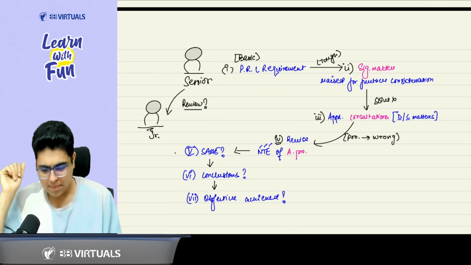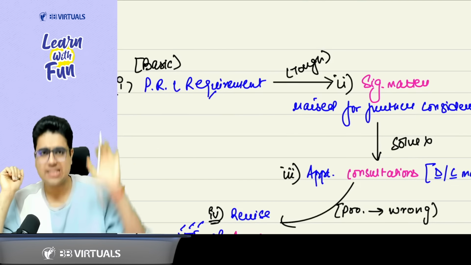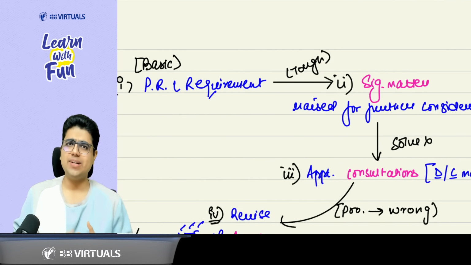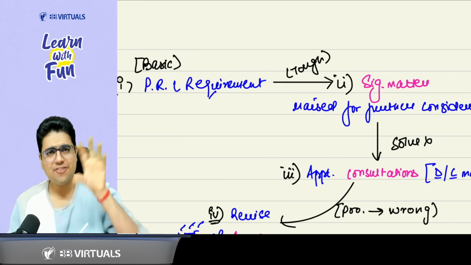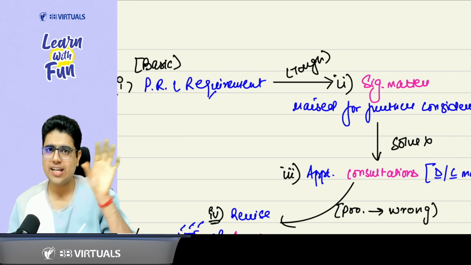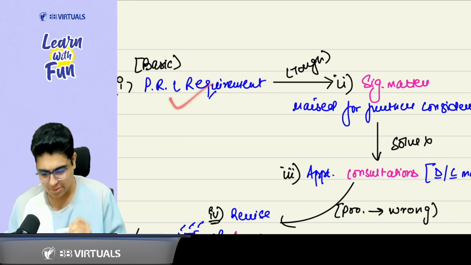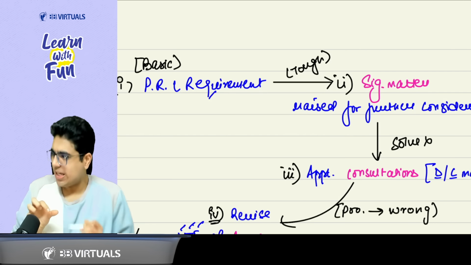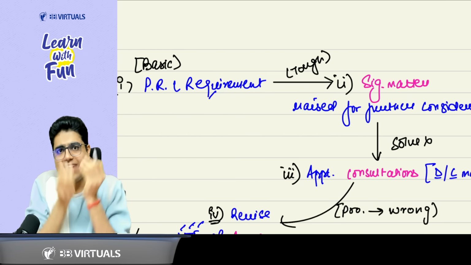Yes, sir. But what will he review? So first of all, he will review the compliance with basic requirements. What is the basic requirement? Sir, professional standards, regulatory and legal requirements. That the work should be as per standards on auditing and as per the Companies Act. That is PRL requirement. Compliance with PRL requirement. And if the junior finds something tough, he will raise it to the senior.